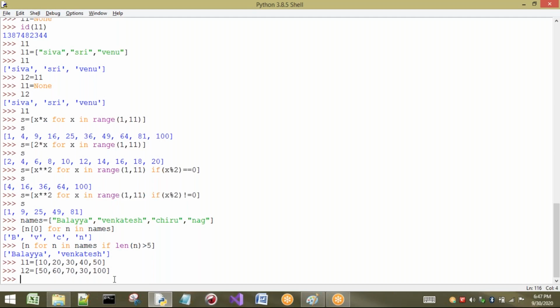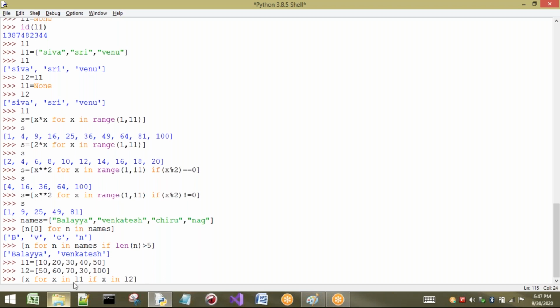So now I want to find the common element. What I have to do? I will write L3, or if you don't want to write it, no problem. What should be the condition? I have to take a list comprehension. I want to print one element. Let us take it as X, for every element in L1, if X in L2. You have to understand this one clearly. Once again I will explain what happens here.